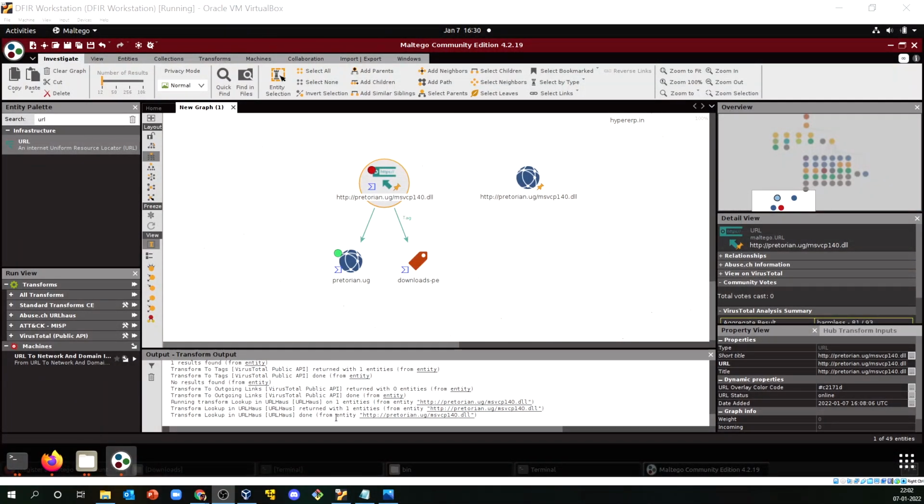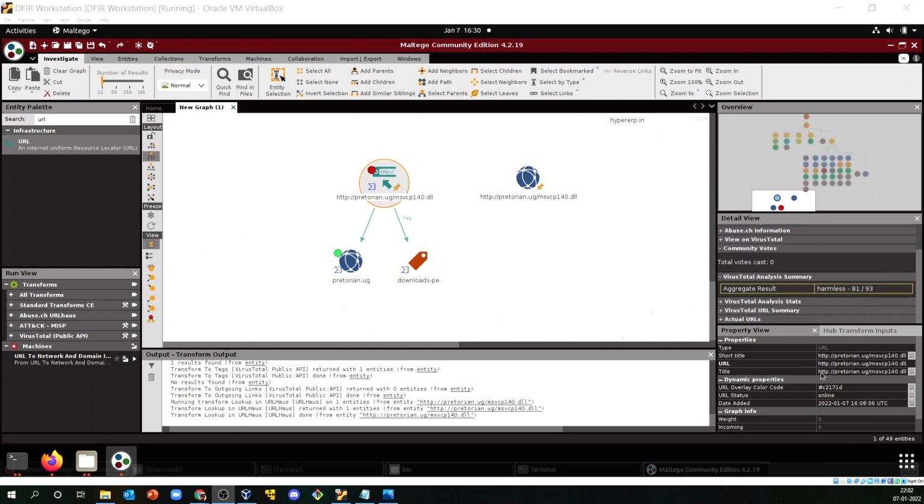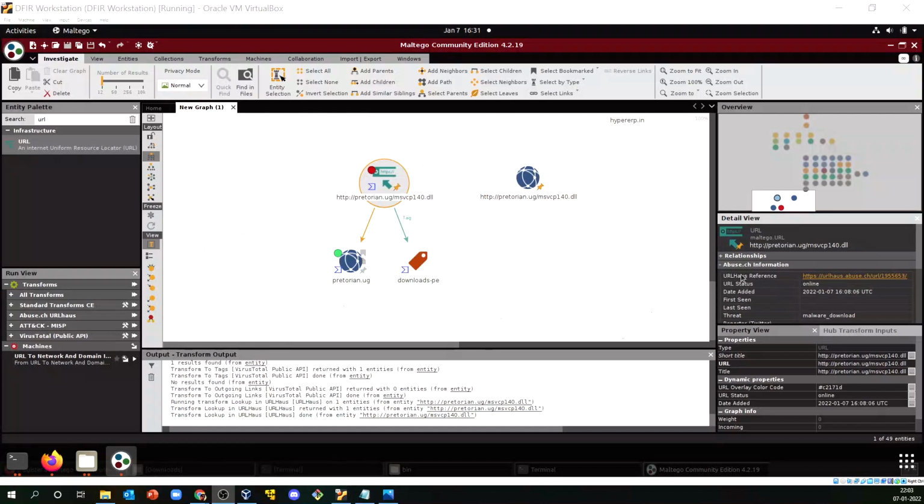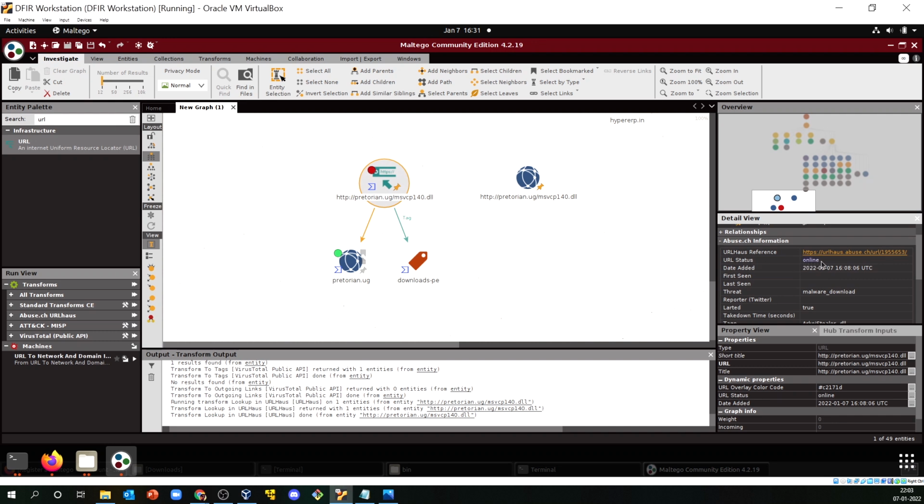So the transform lookup has been done from the entity in Maltego, and URLhaus has also done its relation. Now if I come back to here, you see the title and other stuff has been populated, and you are seeing the exact information from URLhaus. URLhaus is giving the reference, the URL status is online, exactly the URL that we observed, and you see there is a threat, that is malware download.